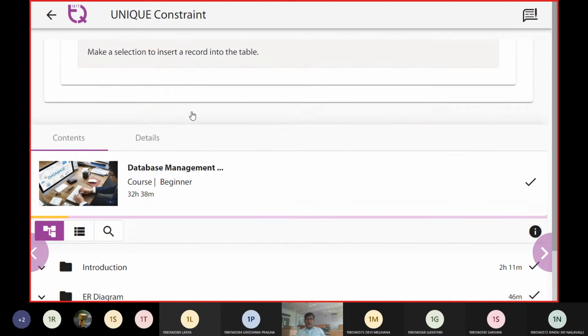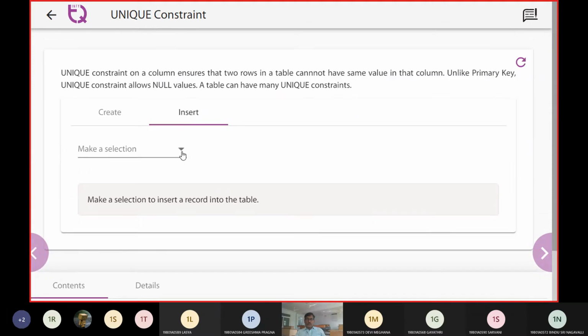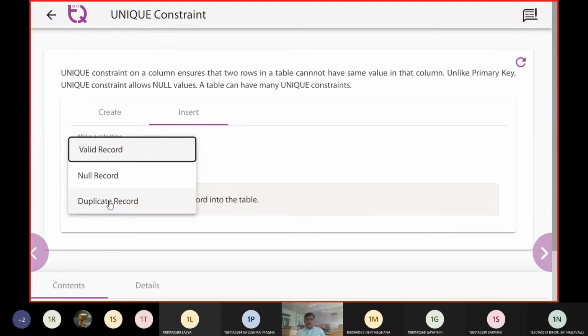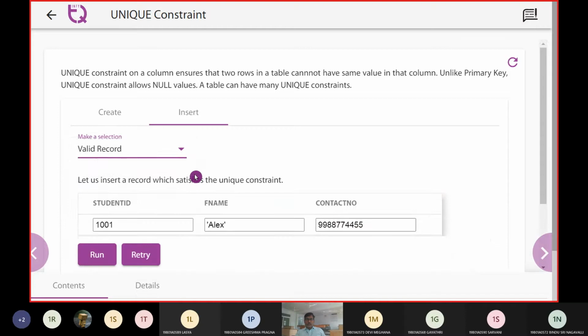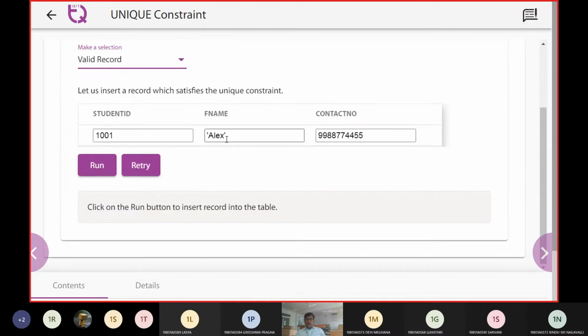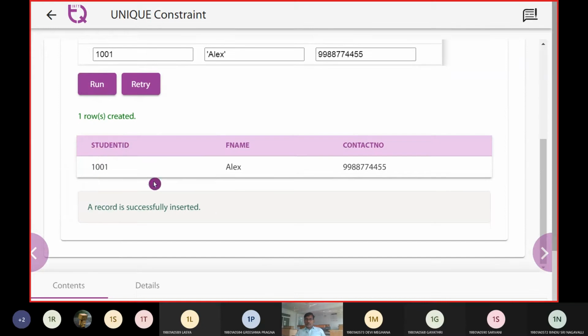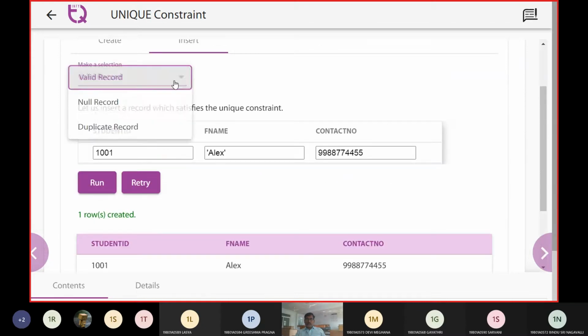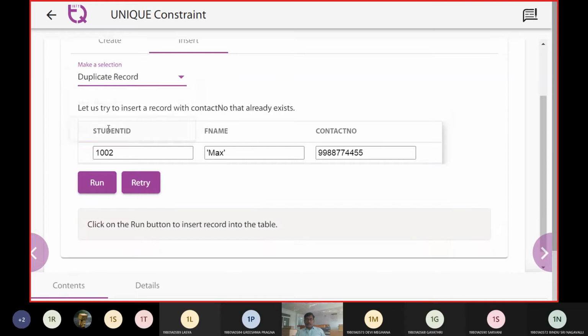So now let us verify how the unique is going to work. Suppose we have a valid record, 1001 Alex, and his number is given. Obviously it is going to take the entry. Okay, fine. But let us look into a duplicate record.